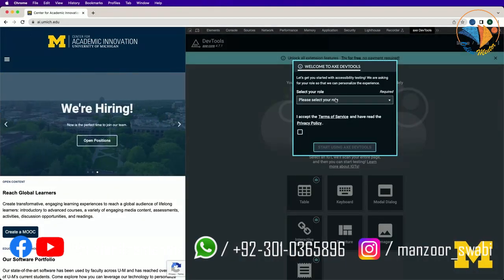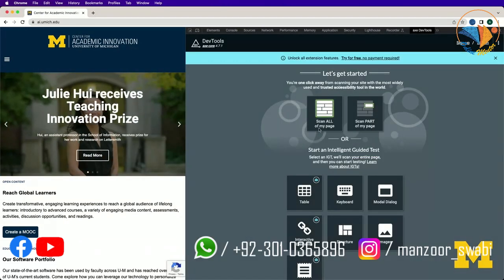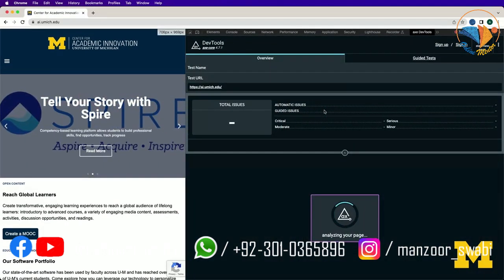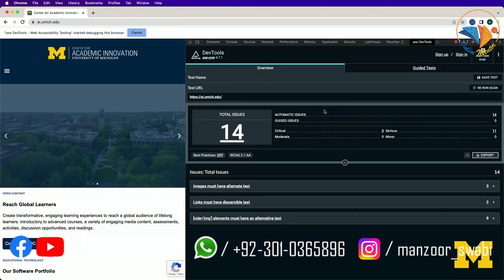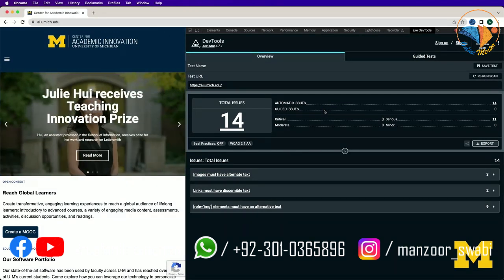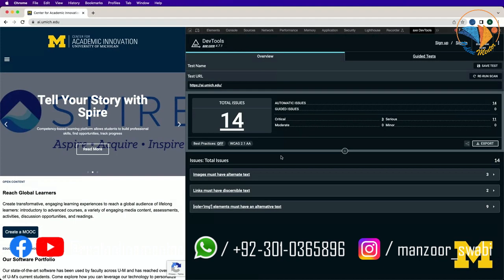The very first time you use it, it'll ask you to select your role and agree to the permissions. And then I'm going to click on Scan All of My Page. Now, while Axe is running, let me tell you right off the bat, Axe is notorious about color contrast errors that don't exist. So you really want to pay attention more to the issues that they mark as critical versus moderate. And they've shown a lot of the same things that Wave showed, including images must have alternative